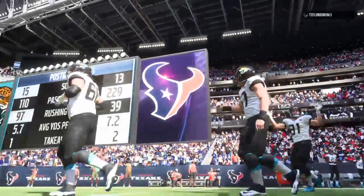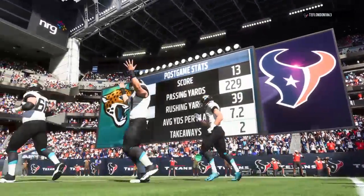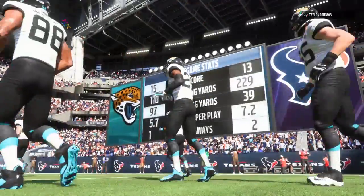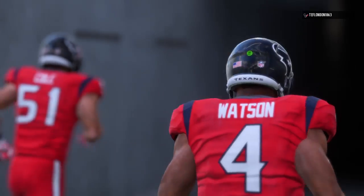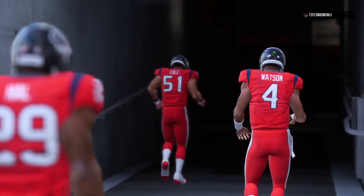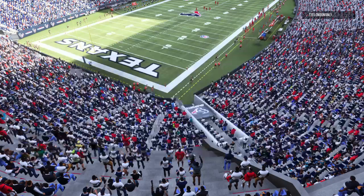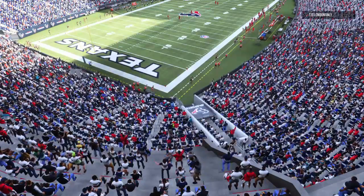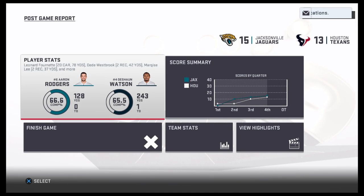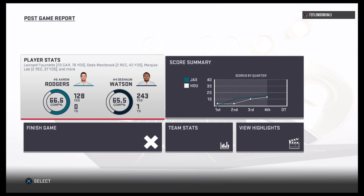So for Jacksonville, their strong September has carried over to October as they move to 5-0. And they'll get another road test next week as they head to Buffalo to take on the Bills. Meanwhile, for Houston, the loss will move them back to 3-2 on the year. And they'll try to get back to their winning ways next week as they head to Indianapolis to take on the Colts. And for Charles...